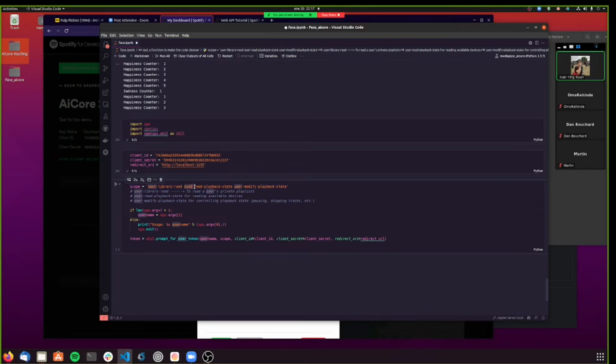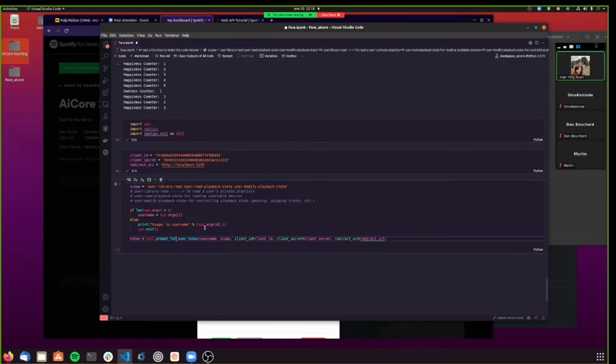I am also giving it permissions to modify, to read whether I'm playing a song or something, or I'm going to give permissions to play, pause, skip a track. Everything is going to be stored in this variable called scope,